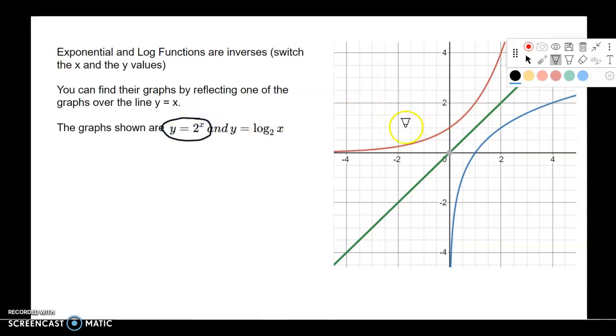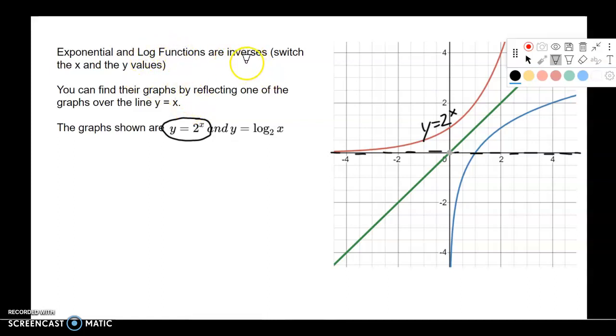If you look at our graph to the right here, this is the graph of y equals 2 to the x, here in red. There is a horizontal asymptote at y equals 0, going across the x-axis, that this graph will not cross. Now, one of the other things that we already know is that a logarithmic function is